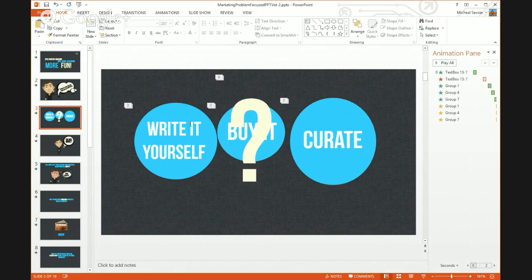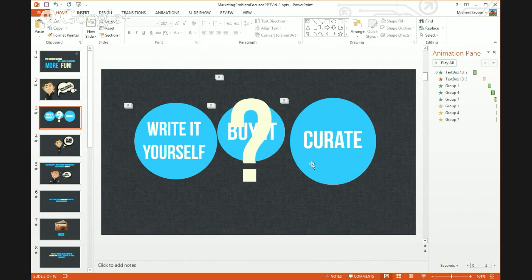Like this one here, you could actually do multiples of this. Or instead of writing it yourself, you could put what the bad parts about writing it yourself would be. And you can actually remove the question mark and put an exclamation point. But again, I don't want to just spend a lot of time on what you would put in there. But basically, if you've already written the article, use that article in your video as the text that you're going to use.